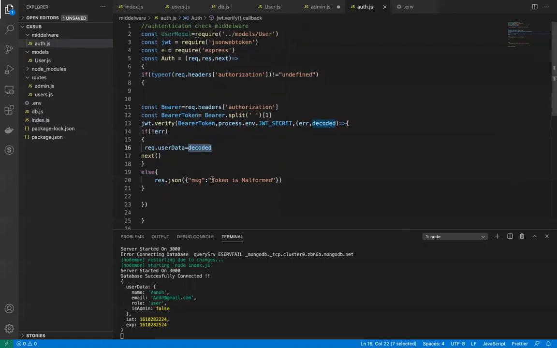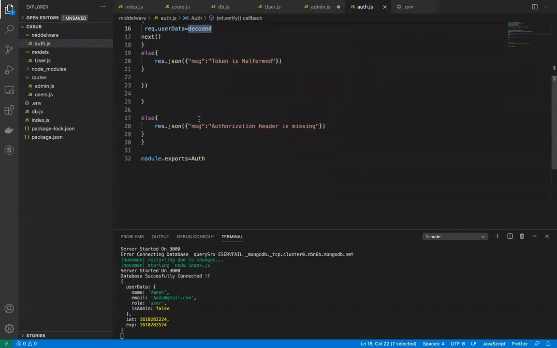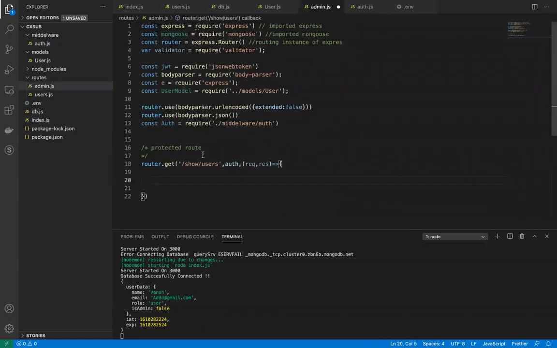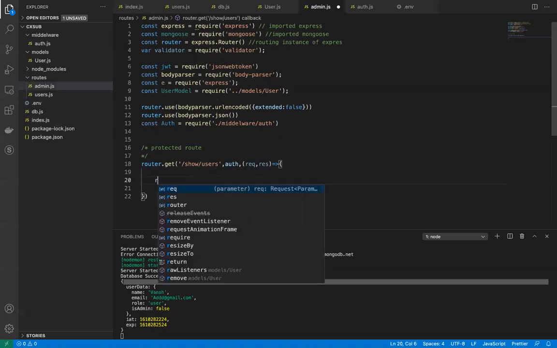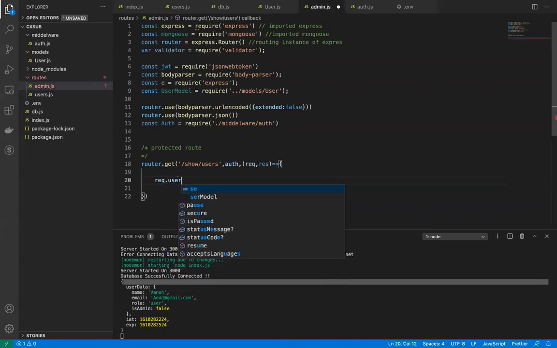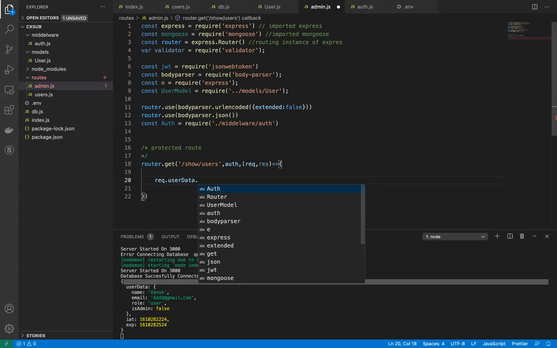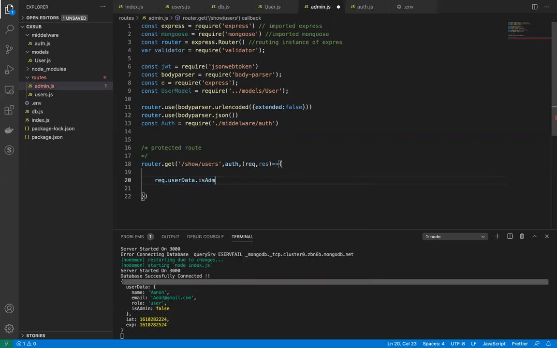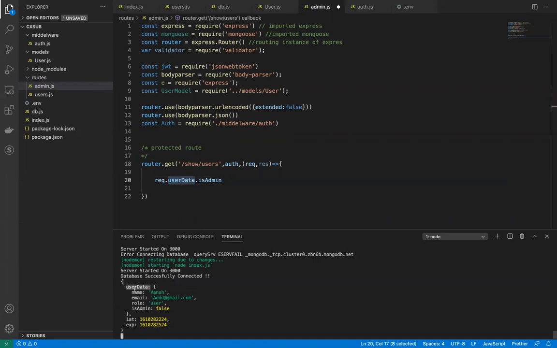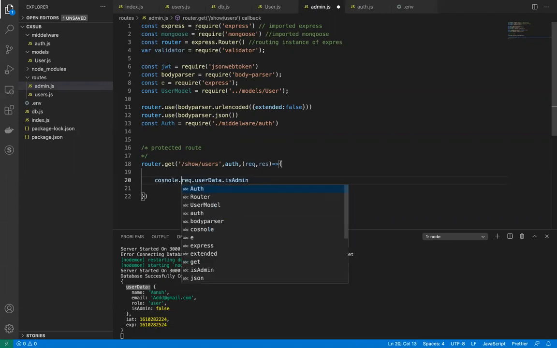I've added this so that we can use it. In this particular case, in the admin route, we are going to use it. You can see it's a JSON object, and what I'm going to use is request.userData, as we know, which is being created from there. So userData.isAdmin. Okay, userData, and yes, we have userData. This is how it is. I will first console.log it when we are visiting this route, to see if we are able to get this value.